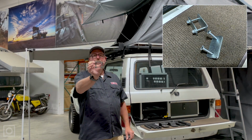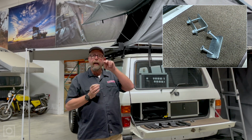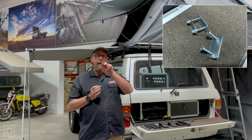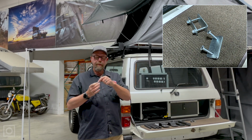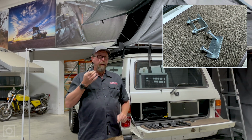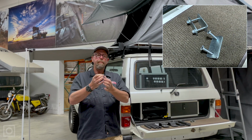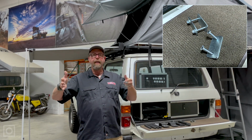What this is, is a set of plates. One plate goes inside the extrusion on the bottom of the rooftop tent. It's not the little slat or the slots, but in the main cavity of that extrusion. There's a carriage bolt, front and rear. One bolt goes in front of the load bar, one goes behind. A bottom plate goes into place, and you tighten the nuts on the bottom. 4 of these would hold a rooftop tent